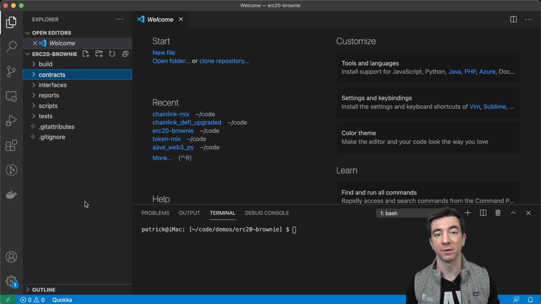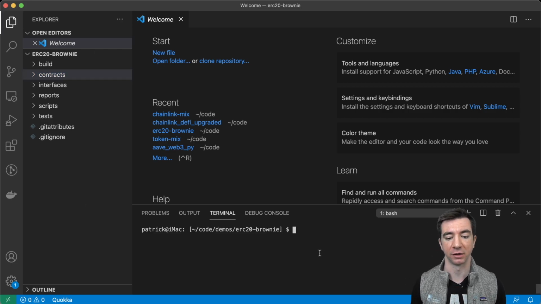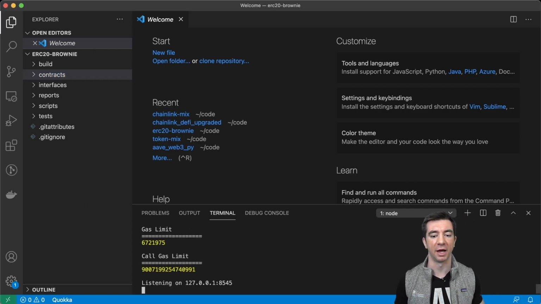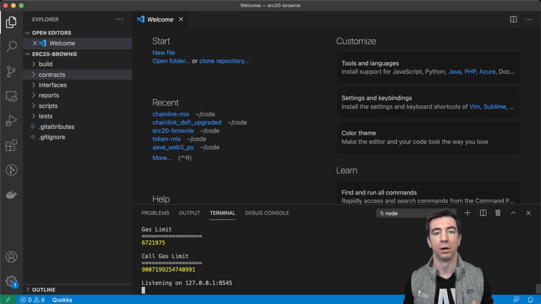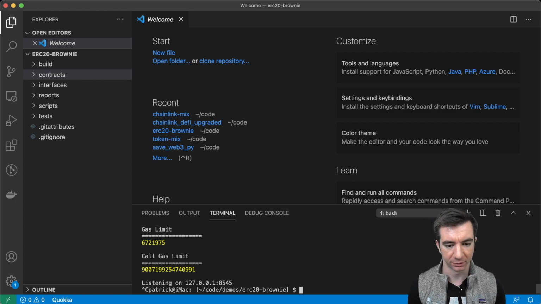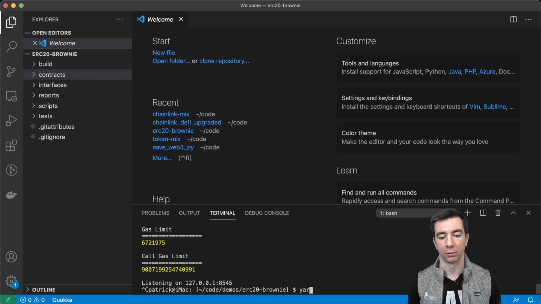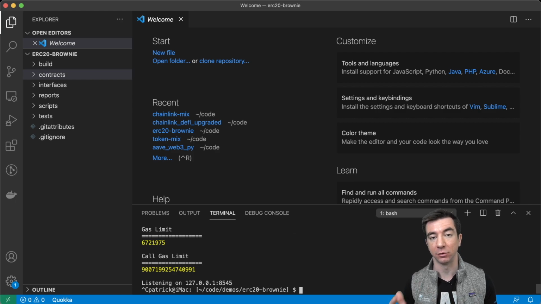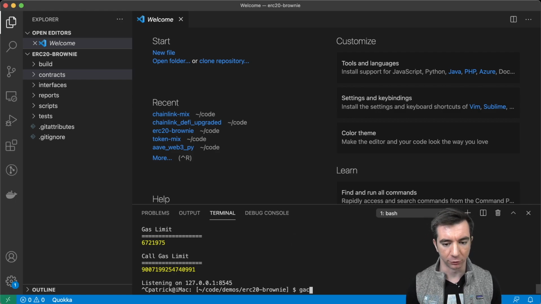Now let's go ahead and take the step to actually deploy it to a chain. We are going to deploy it to a local blockchain. You do need the Ganache CLI, which is a command line for working with and running a local blockchain. So this is going to simulate us actually deploying to a real blockchain. You can install it with npm or yarn. Again, you need Node.js to install those, but you'll know you've done it successfully if you can run ganache-cli,